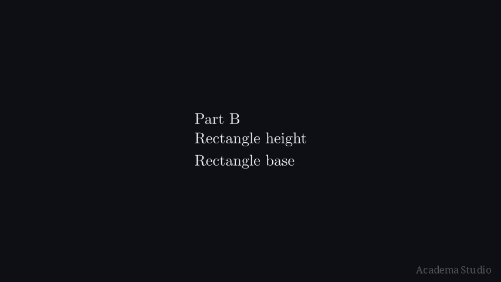Part B says region R is the base of a solid. At each x, the cross-section perpendicular to the x-axis is a rectangle. The height of the rectangle is x. The base of the rectangle is the vertical distance across the region, which is g of x minus f of x. The area of each rectangular cross-section is base times height. So the cross-sectional area is